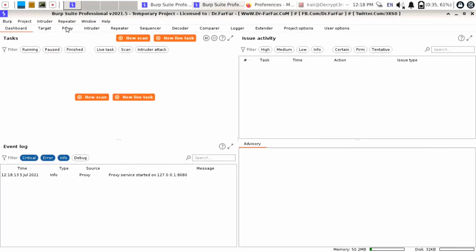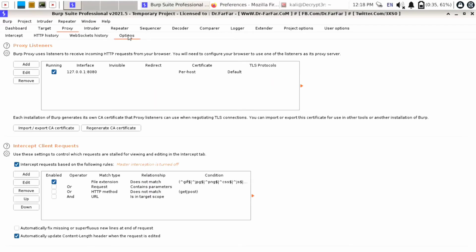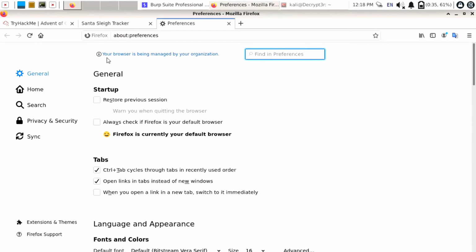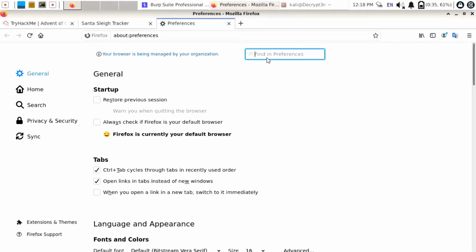Burp Suite is open now. Go to Proxy, turn off the interception, go to Options. Here you can see the interface and IP is 127.0.0.1 and the port is 8080. So we have to configure the same proxy on Firefox. I will open Firefox, then go to menu, preferences, then search for proxy.